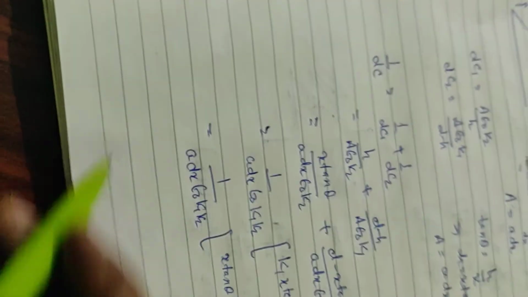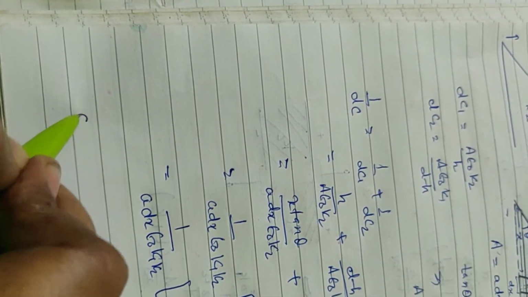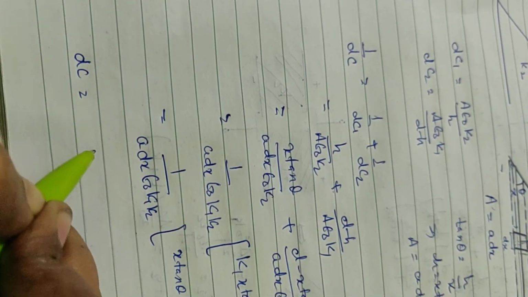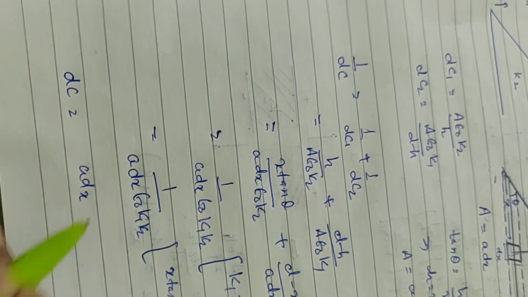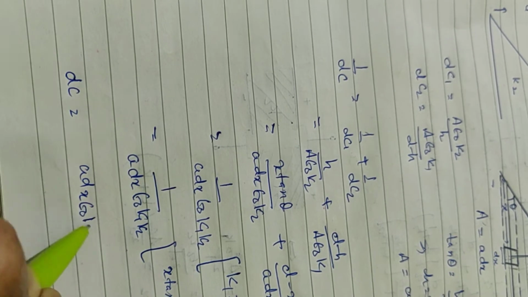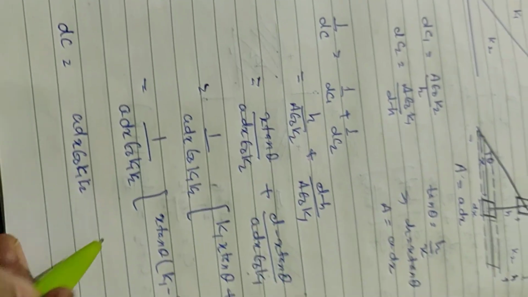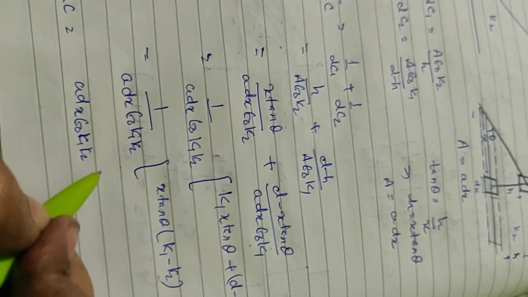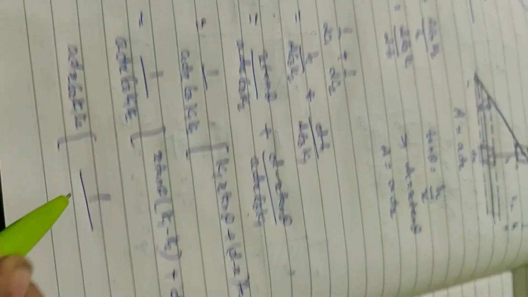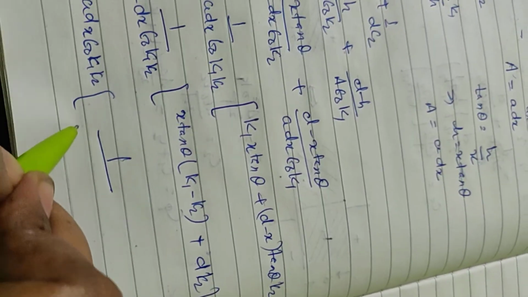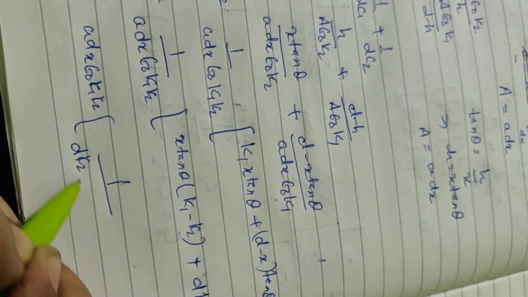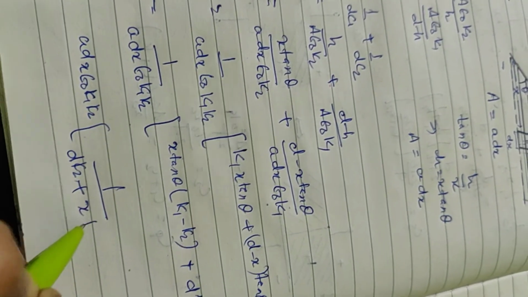Okay, now we have this expression. So dc will be the reciprocal, it will become A dx epsilon naught k1 k2 into 1 by dk2 plus x tan theta